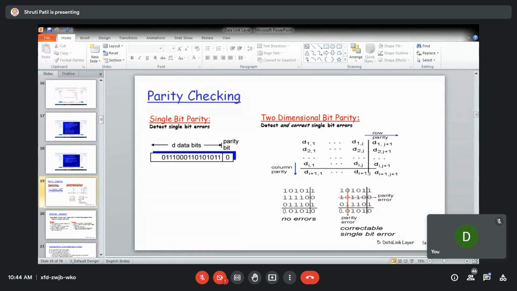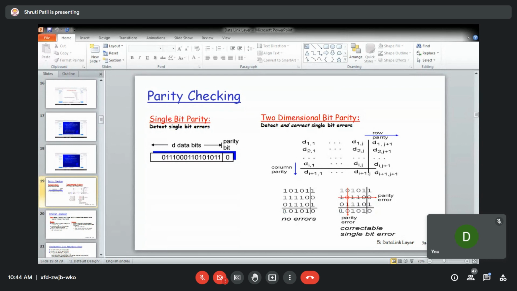So basically you require a generator polynomial. These generator polynomials are something like this, 1001. This means that this is the 2 raised to 0 position. Say for example, this is 2 raised to 0, 2 raised to 1, 2 raised to 2, and 2 raised to 3. Okay, these are the bit positions.